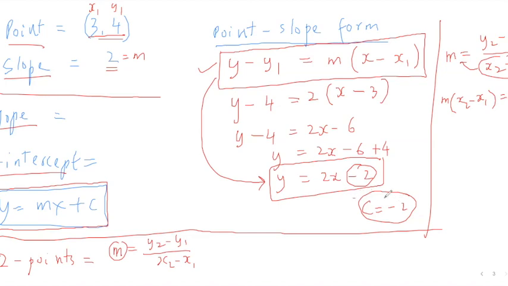Absolutely right. You can do that, but that will give you c. But that may not give you the equation. So to find the equation, we write it in the form. But yeah, to find c, you're right. We can just substitute 3 and 4 in place of x and y in this form. Yeah, that's correct. Good. So when we have to find the value of c, we just substitute. But when we have to get the equation, we need to use this method, right? Yes, that's correct. Okay, fine. Thank you.